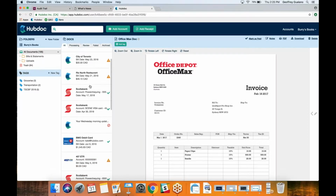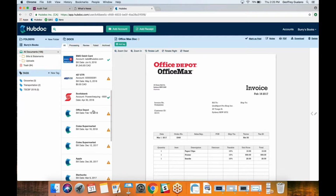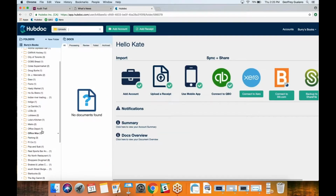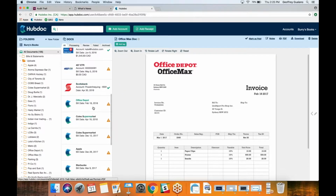So here, we're looking through our recent documents list, and here I have a document, Office Depot. You'll see it's from this vendor that's a combination of 2 vendors, Office Depot, Office Max, and I've decided I actually don't want these documents to be called Office Depot, I want them Office Max. But as you know, because of AutoFile, we've created a folder, we've created a vendor Office Depot, and I don't want this anymore. So if I go back and I find that document,